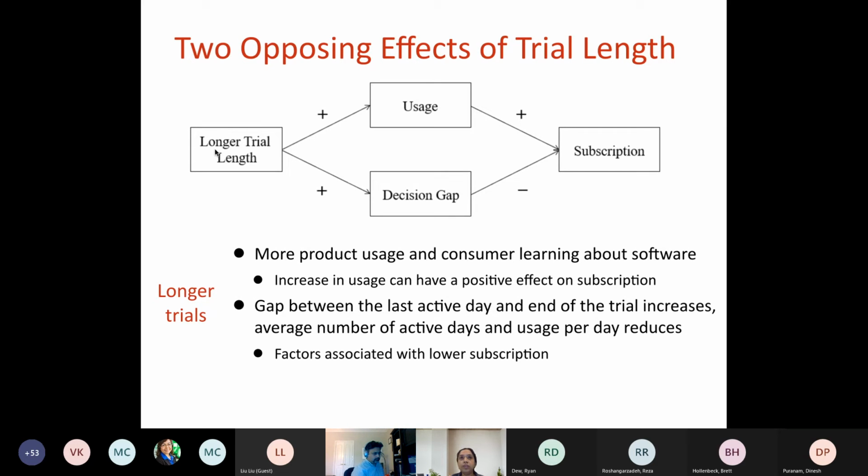So what we see is that both these effects exist. On one hand, you see that people are using it more. At the same time, you see these big periods of inactivity at the end of it. And that might simply be leading people to conclude that this